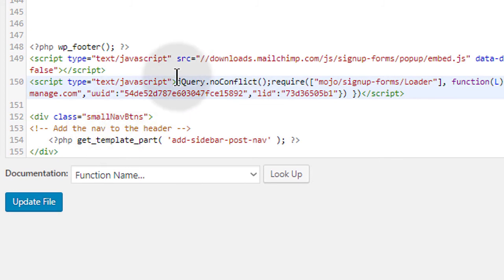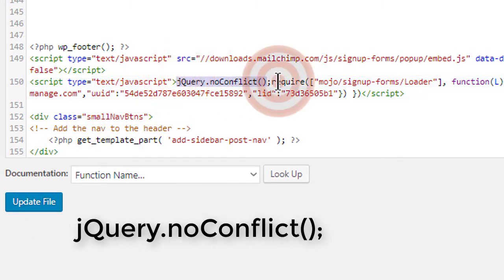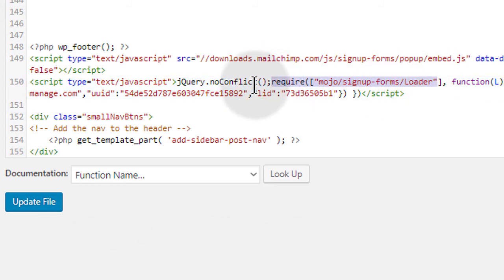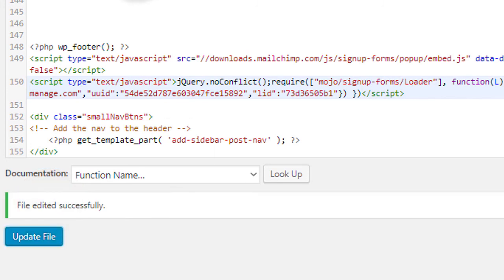So just by adding this jQuery no conflict before this, okay, you add it before this. This is going to make sure that jQuery does not conflict with any code that comes next. And so if I update the file and then clear the cache,